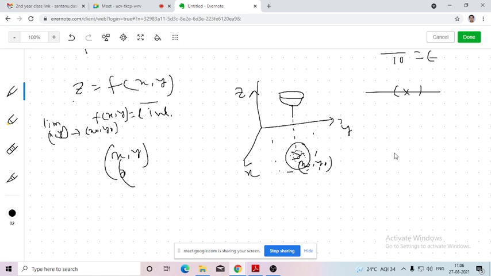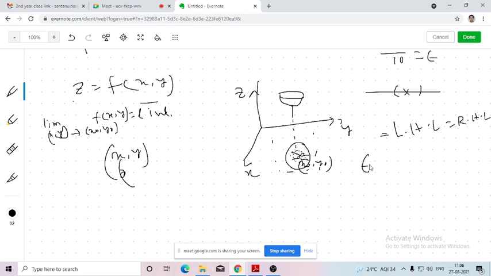So in the previous case, since there are 2 directions, I can check the left hand limit and right hand limit, and if both are equal, I say the limit exists. But here, if I want to use this method, since there are infinite directions, if the limit exists, then I need to check the limiting value corresponding to the infinite number of directions. If the limiting values exist and are equal along all of them, then I say the limit exists. Otherwise the limit doesn't exist. Is that clear? But it is very hectic, it is not possible because infinite numbers of directions are there. It is not possible for a human being to check infinite directions, find the limits, compare them and say whether the limit exists or not. This is quite impossible. So by this method it is not possible to check the existence of the limit.